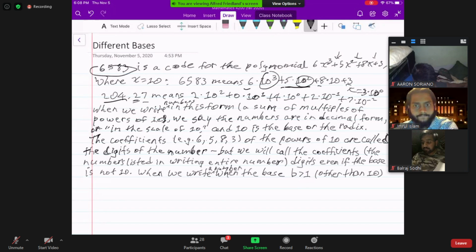You just write the number the way you've always written it since elementary school. But if the base is different from 10,